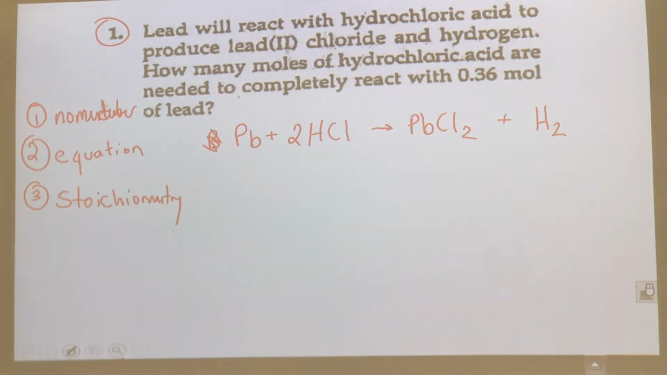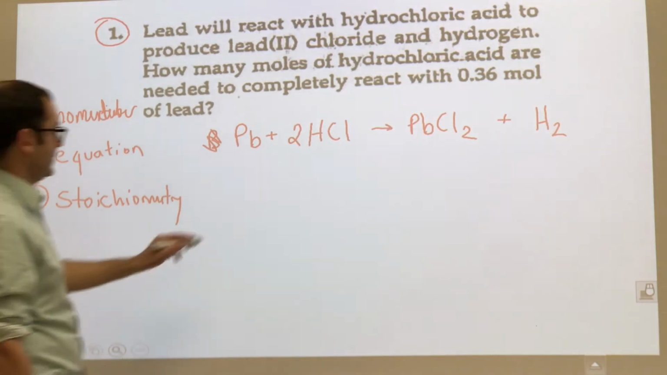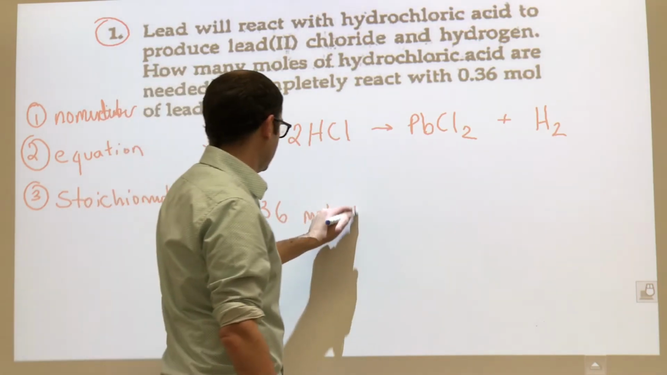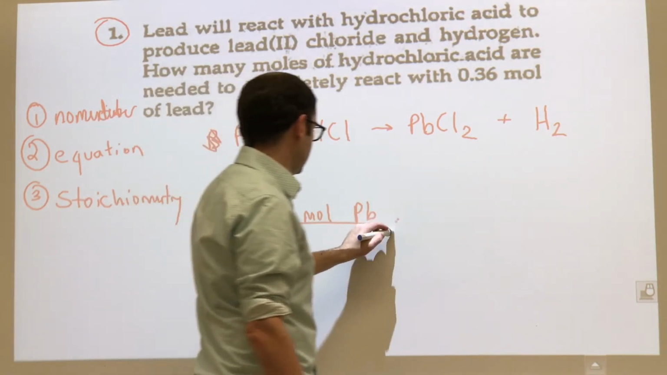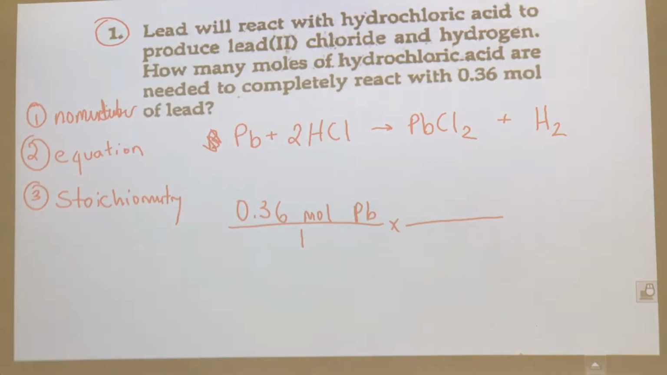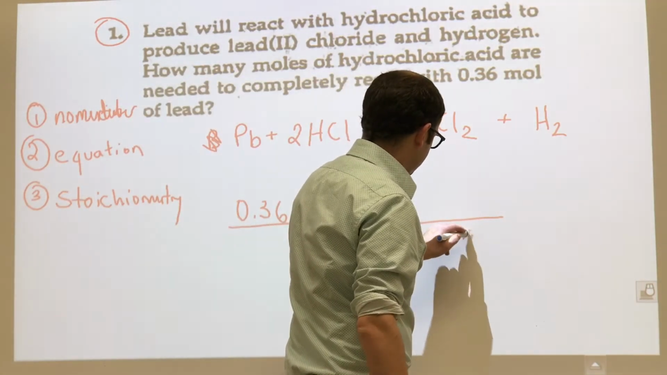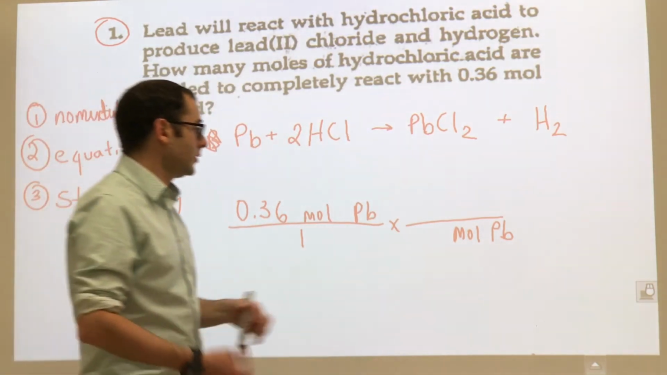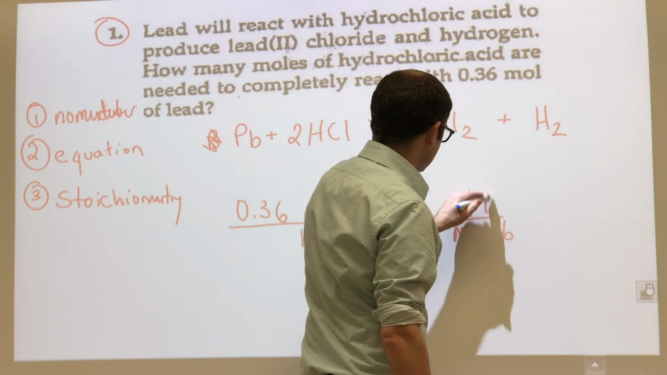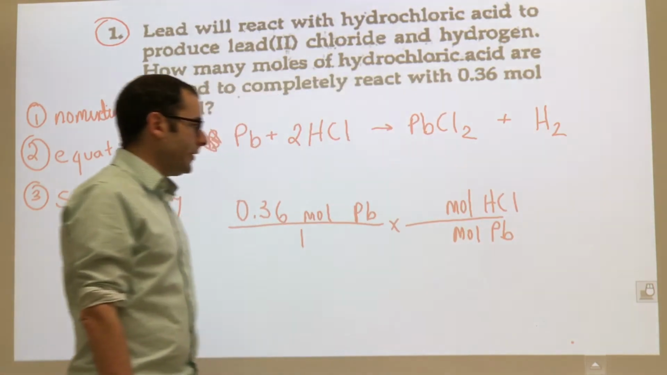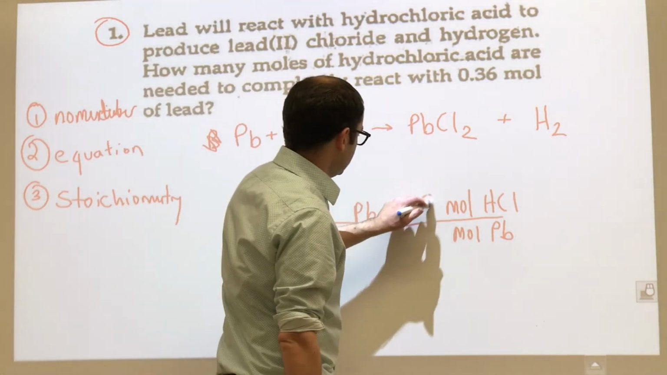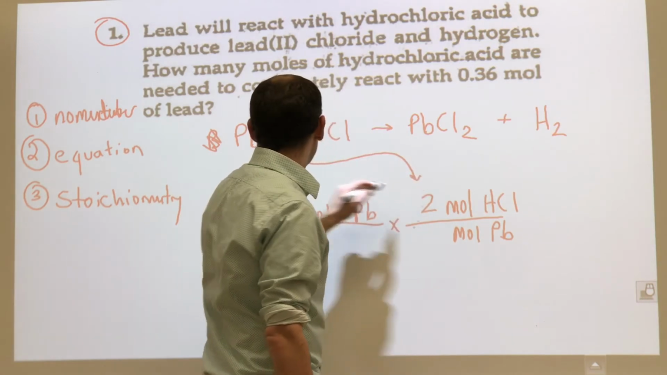All right, so what do we start with? The given, 0.36 moles of lead. All right, and what's going to go on the bottom, unit-wise? Moles of lead. All right, what's going to go on the top for the units? Good, moles of hydrochloric acid. Okay, and then where do we get our numbers from? Equation, yeah, so we have 2 for hydrochloric acid, and then 1